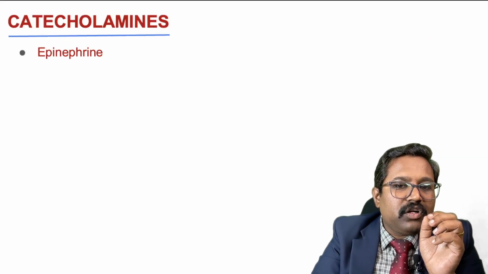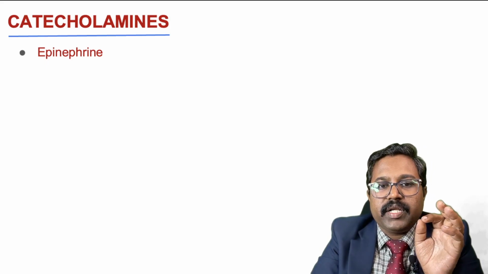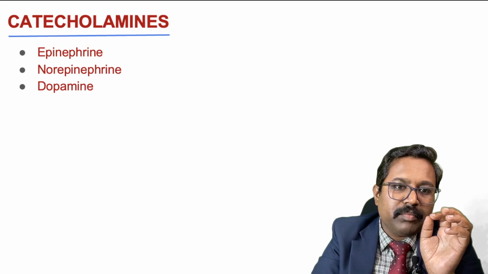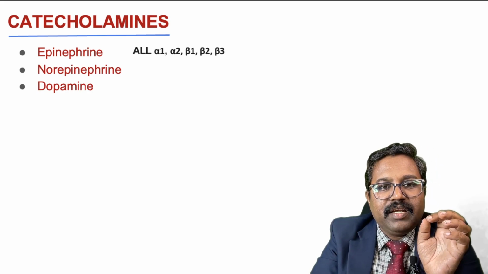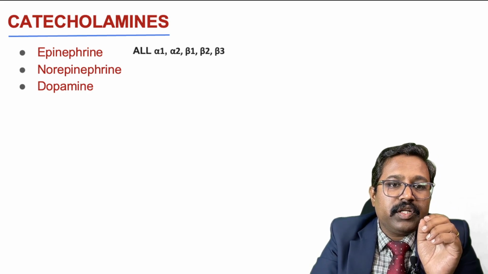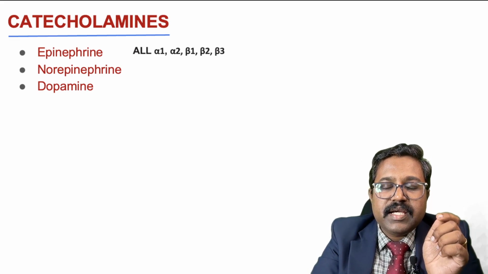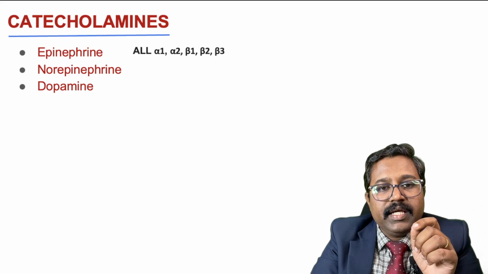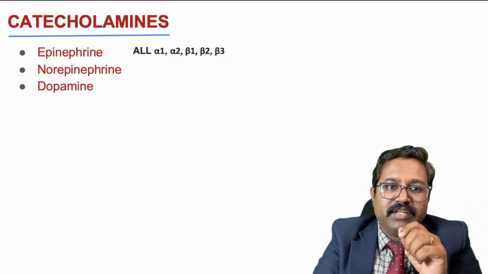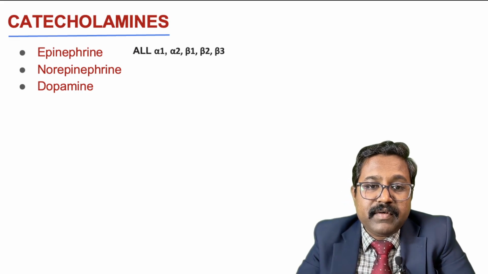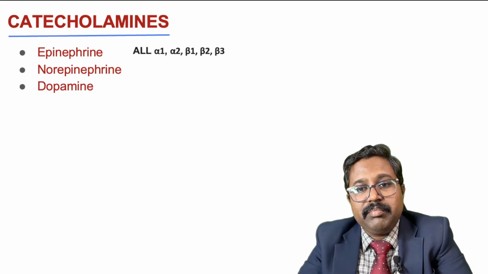Under catecholamines, you have three important catecholamines, that is epinephrine, norepinephrine and dopamine. These are the adrenergic receptor agonists. Epinephrine activates all the alpha as well as beta receptors. It is going to activate alpha 1, alpha 2 and beta 1 as well as beta 2 and beta 3,